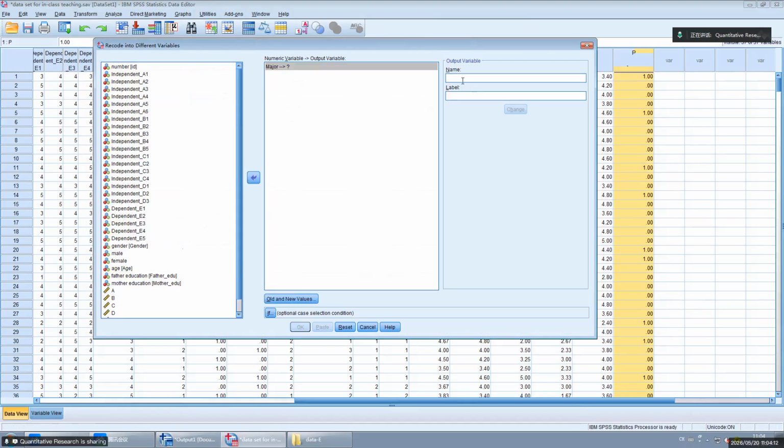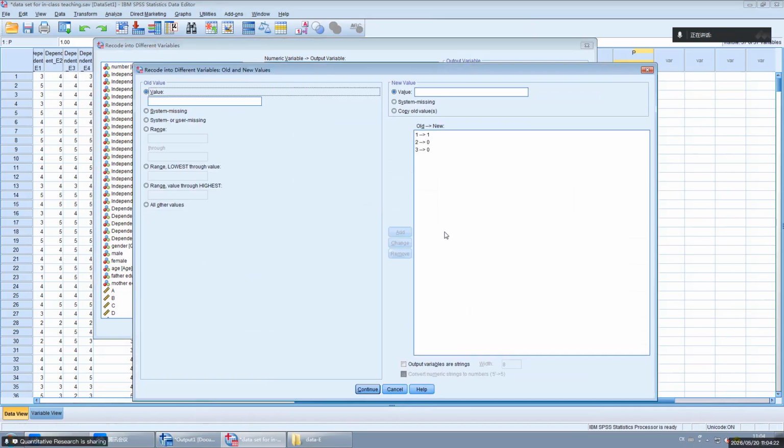Now I'm creating the dummy variable for social science, X. When the old value is 1, the new value should be 0.